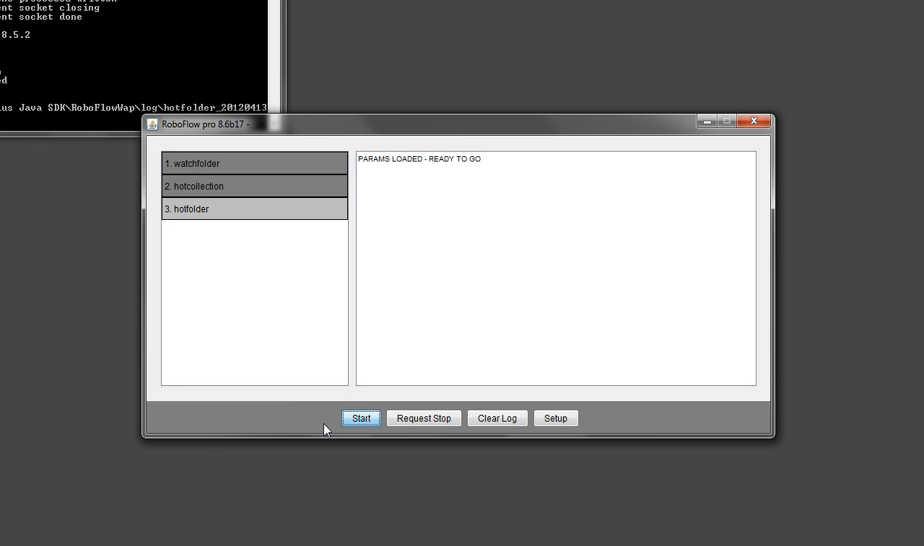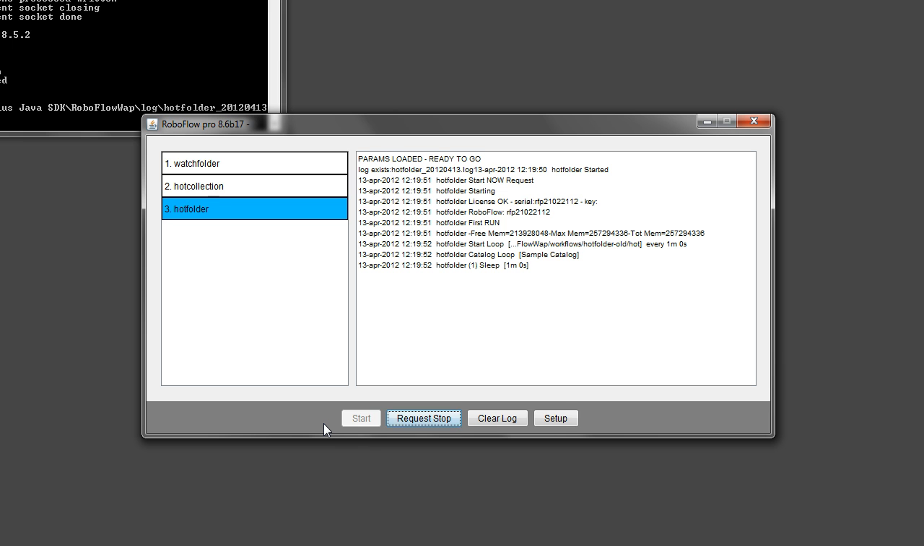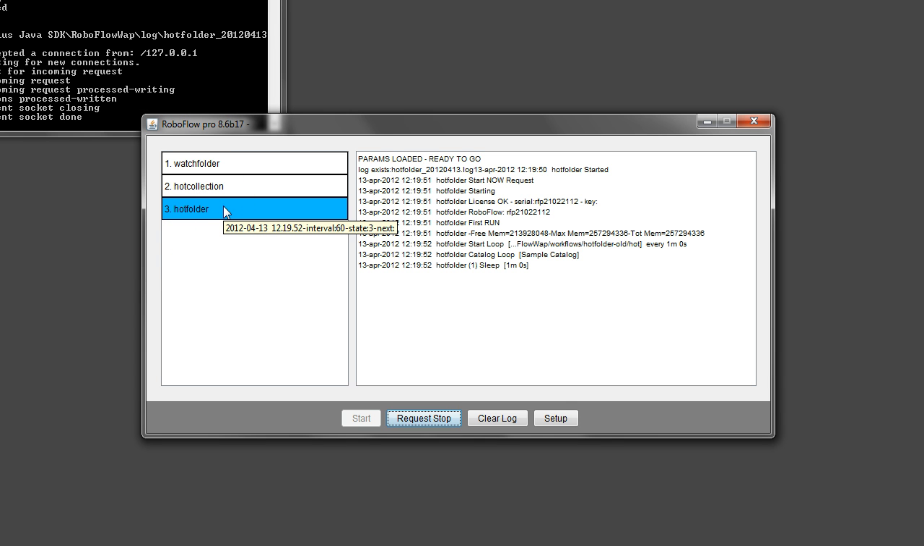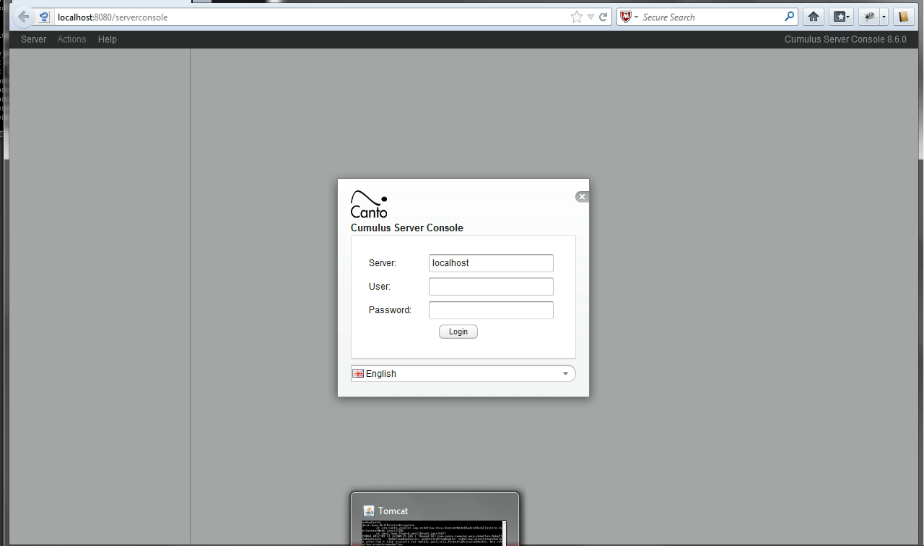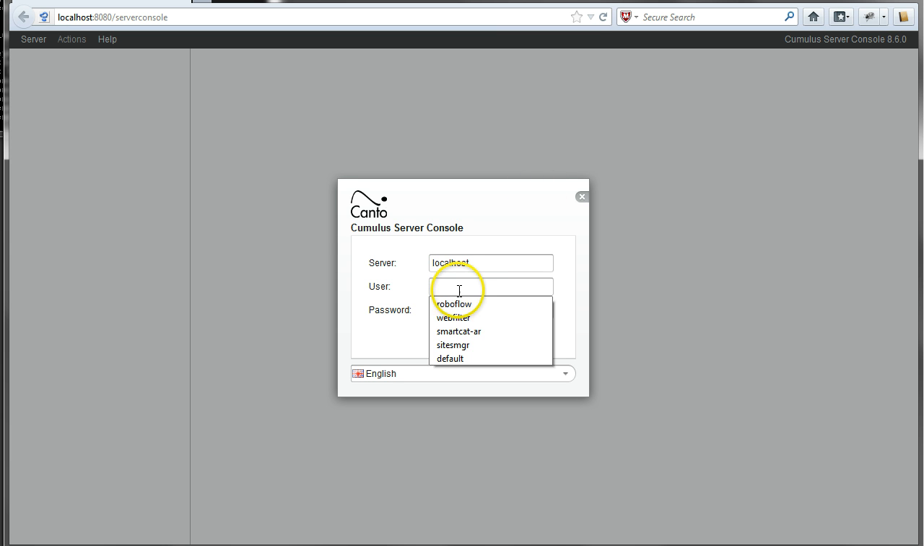Starting RoboFlow, the new version of RoboFlow will run the old workflows just as well. So you can see them running here. From here we can go to the new interface. The new interface is integrated in the web server console, which is also new in Cumulus 8.6. We can connect to the server console